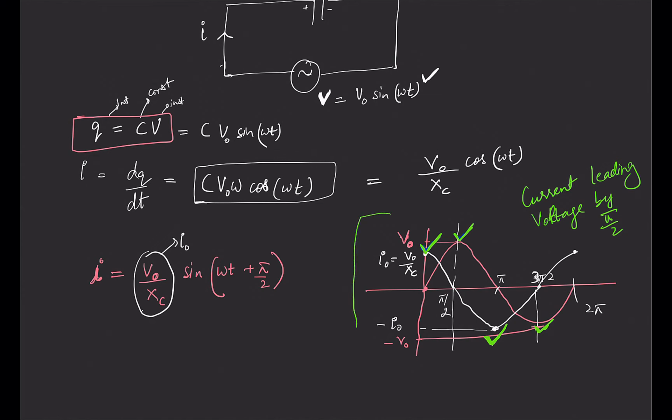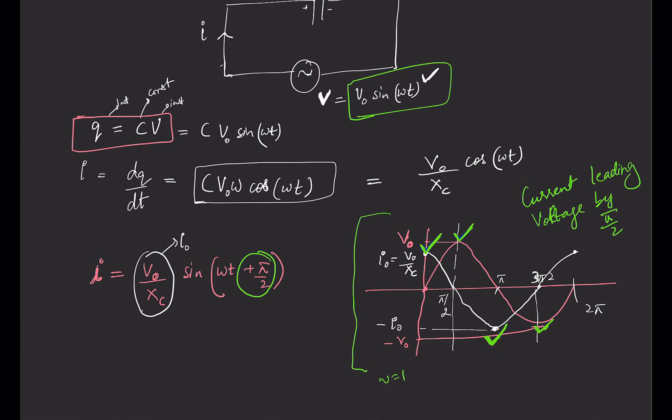And in drawing this diagram, I assume that omega is equal to 1. Otherwise you have to divide by 2 omega everywhere. So current is leading the voltage by pi by 2, and you can also see that the current is leading means the current's peak comes earlier by a difference of pi by 2. That's why we have added pi by 2 in the sine